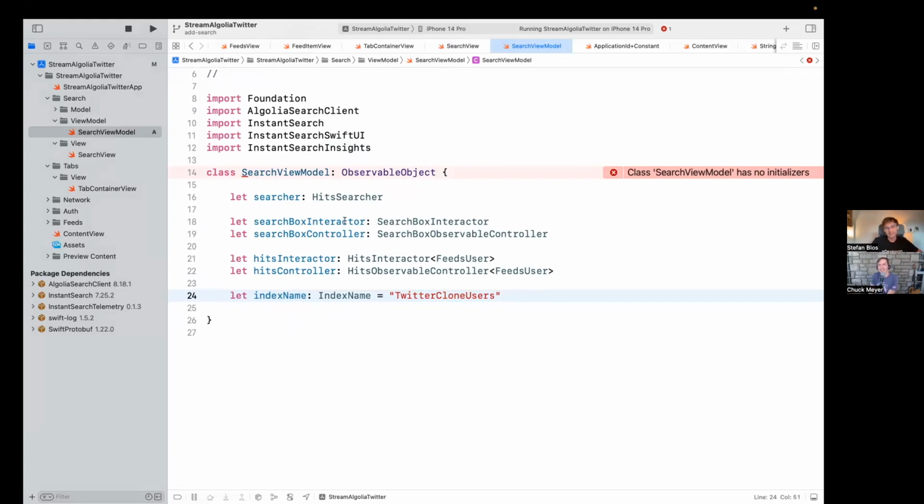That's great. So basically, the first thing is you have a searcher. This is, as the name suggests, doing the heavy lifting. It uses the search under the hood. And then you have two other things, basically. The first is a search box interactor, compared with the controller. We'll use a search box for doing search, and the controller is handling the interaction between the query that we're getting